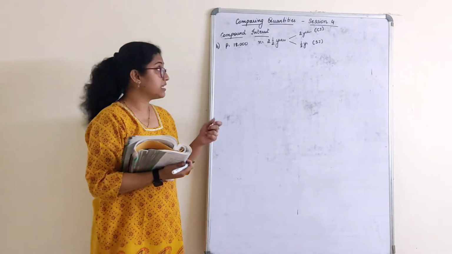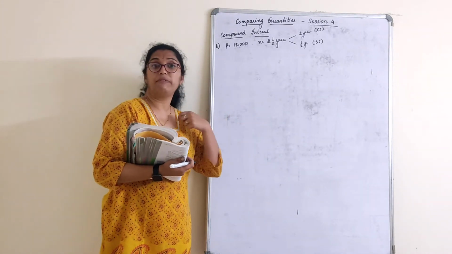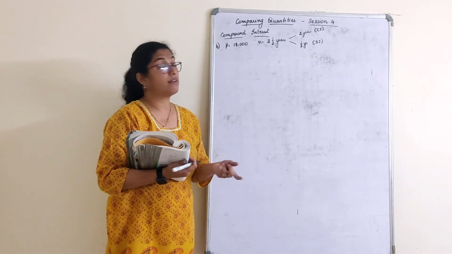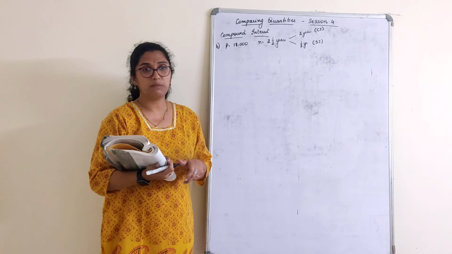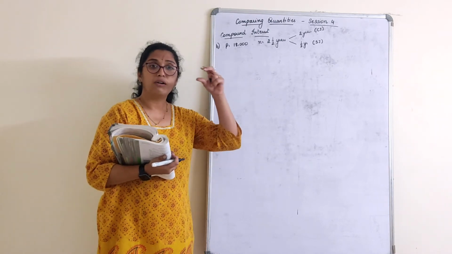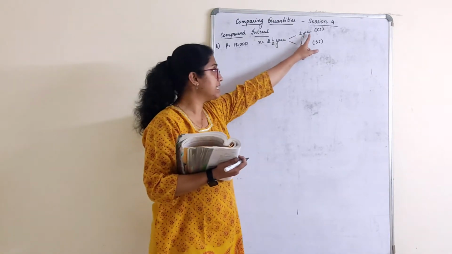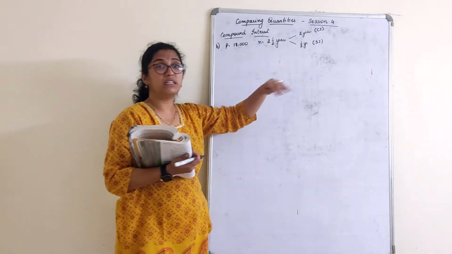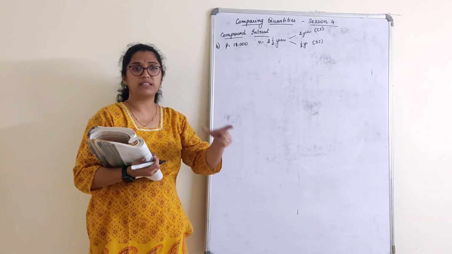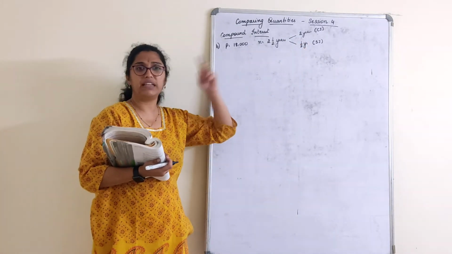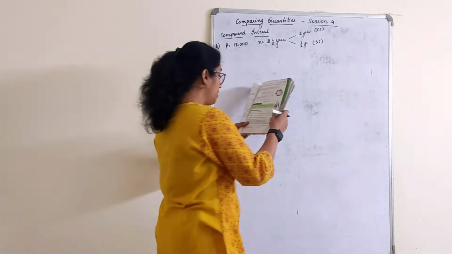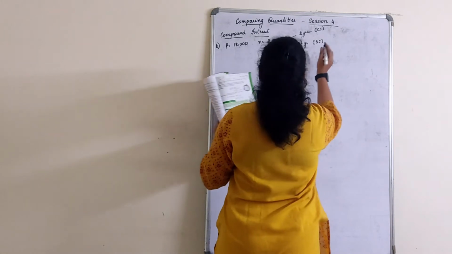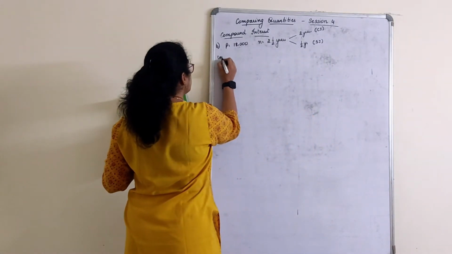Directly if the time is given with respect to 2 years, 3 years, we will go ahead direct with compound interest. If they mention time in terms of 2.5 years, 2 years 3 months, 2 years 1 month, the whole number years always take compound interest. Whatever is beyond that, 5 months, 6 months, 8, 9, 10, 11, anything, find simple interest for that. Remember this. So, compounded annually, that is more important.